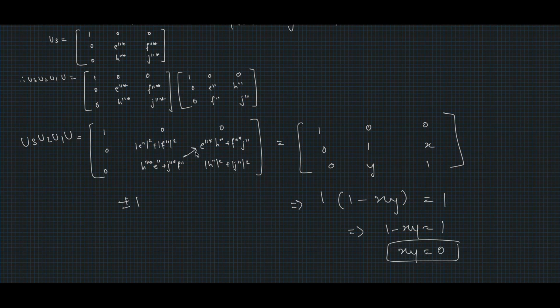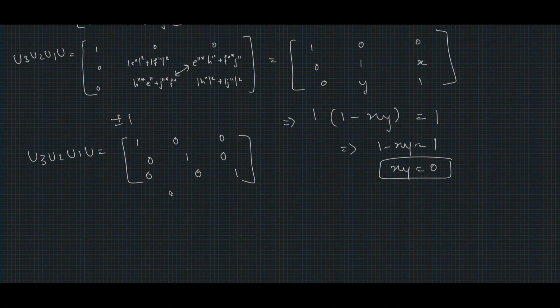That means the product of these two terms would be 0, and if you look carefully, these two terms are conjugates of each other, so if this term is 0, this term would automatically be 0. Therefore, we can write U3 U2 U1 U equal to 1, 0, 0, 0, 1, x would be 0 and y would also be 0. So this term is nothing but our identity matrix I. Therefore, we got U3 U2 U1 U is equal to I,